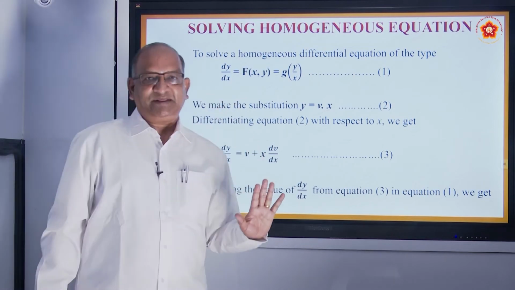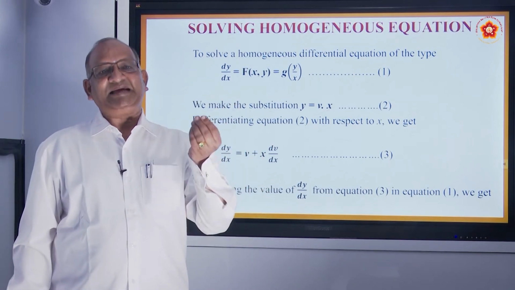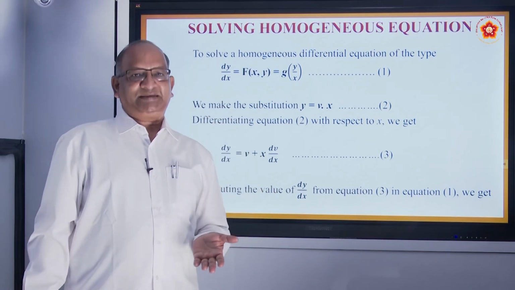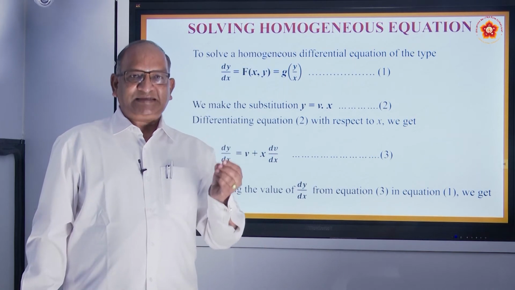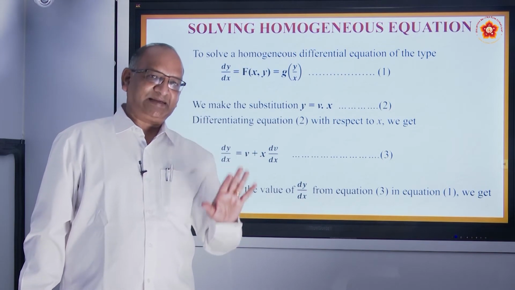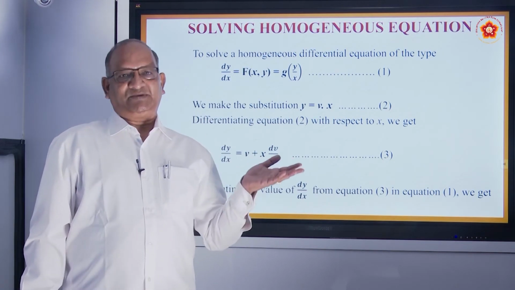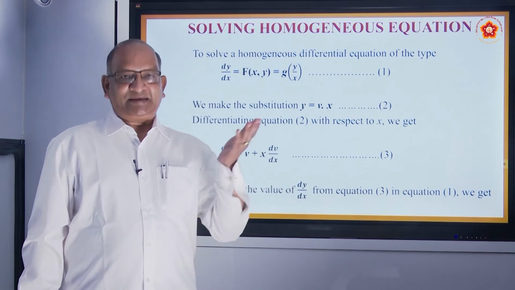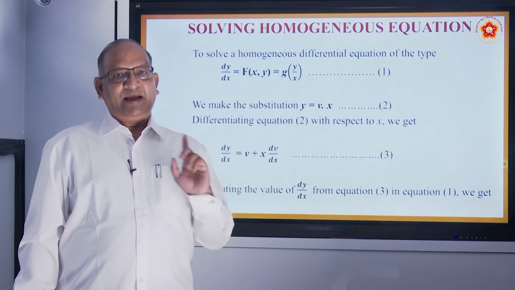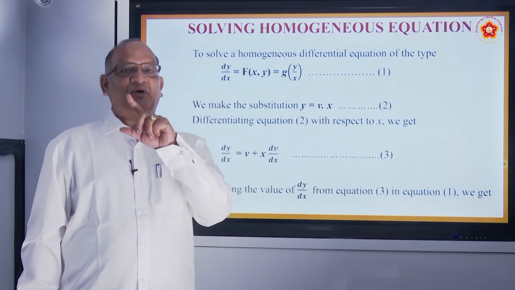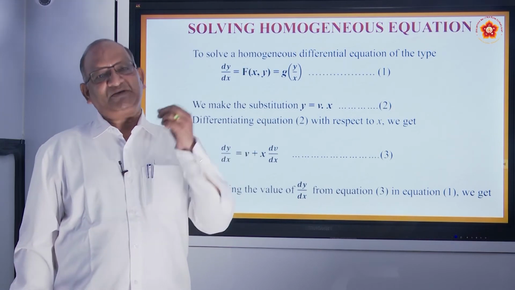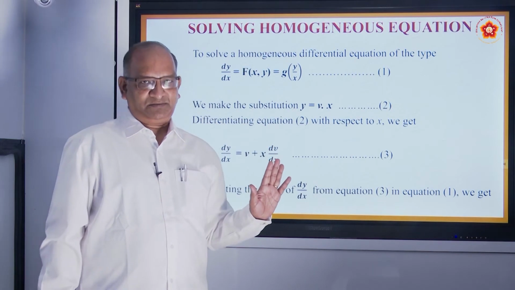Before we go for solving the equation, I was mentioning there is one very easy way of guessing whether the given equation is homogeneous or not. Simply check the powers of each and every term in the expression. If the powers are the same, it is homogeneous. For example, the expression may have x square plus xy plus y square. X square power is 2. Xy, x to the power 1, y to the power 1, if you add, it becomes 2. Y square power is 2. All have got the same power, so it is homogeneous. No need to have a second thought.